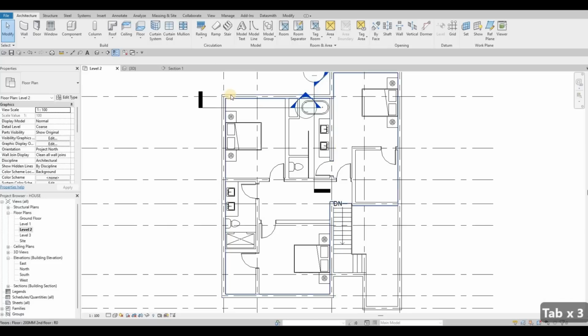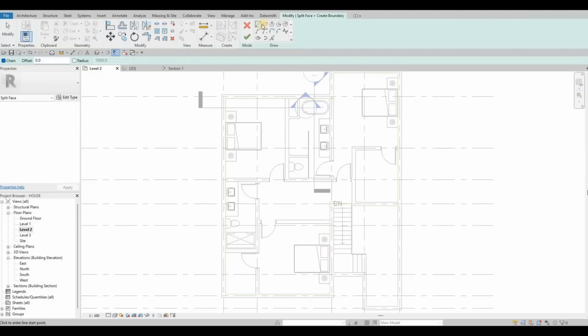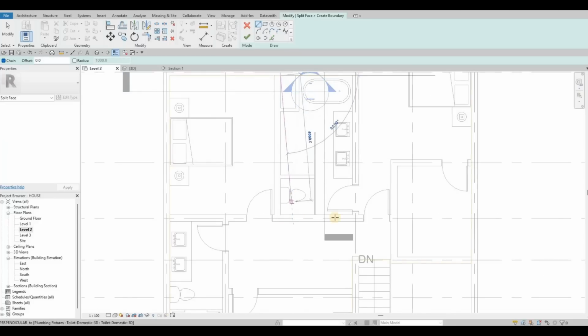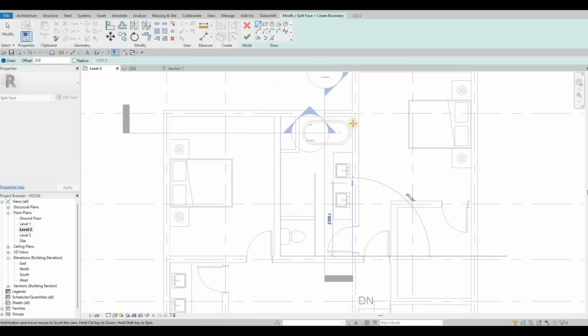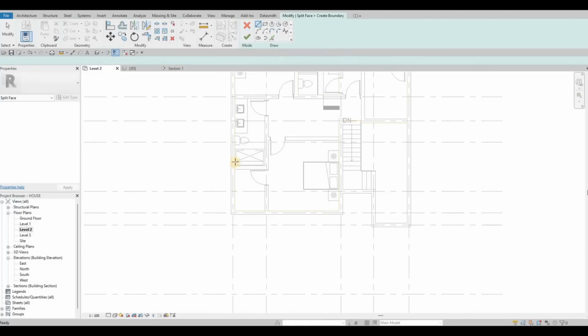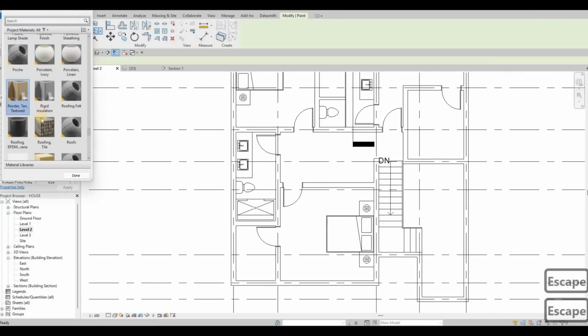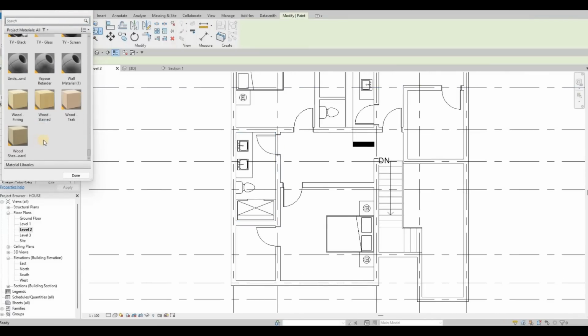So let's select this one, and then we need to split face this one right here so that we could change the material for the washroom here. So click finish and then split face again for this material right here. So now once we click on paint, I'm gonna put sash,